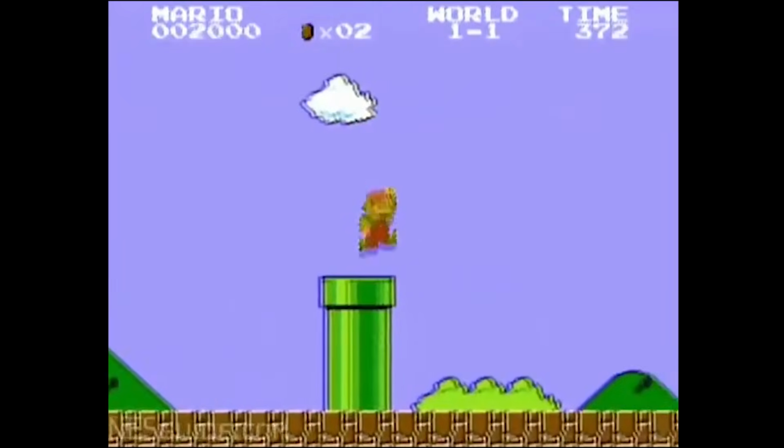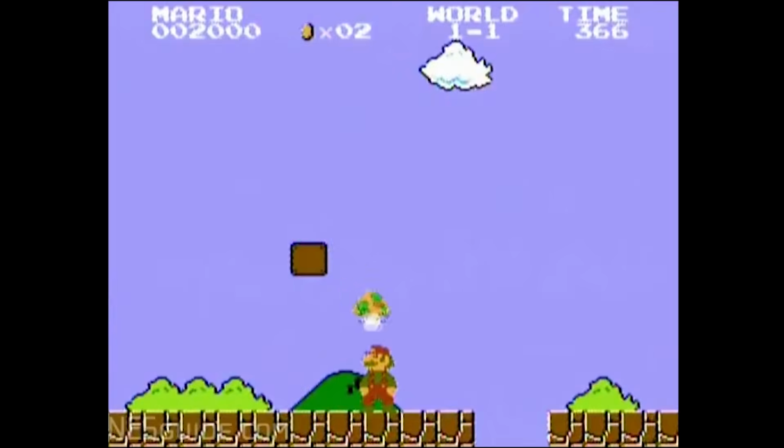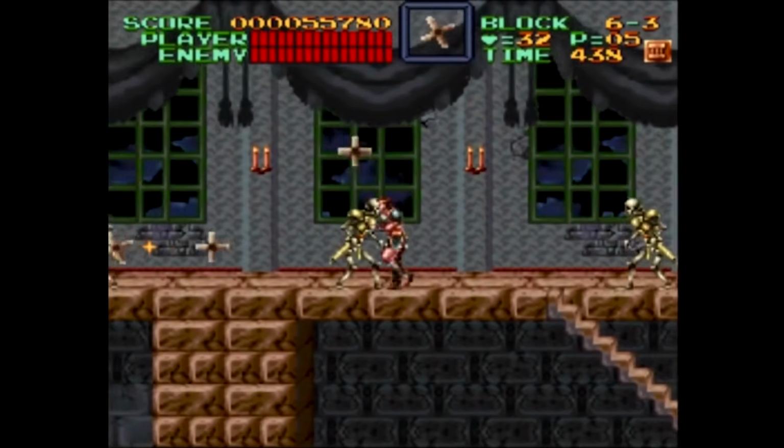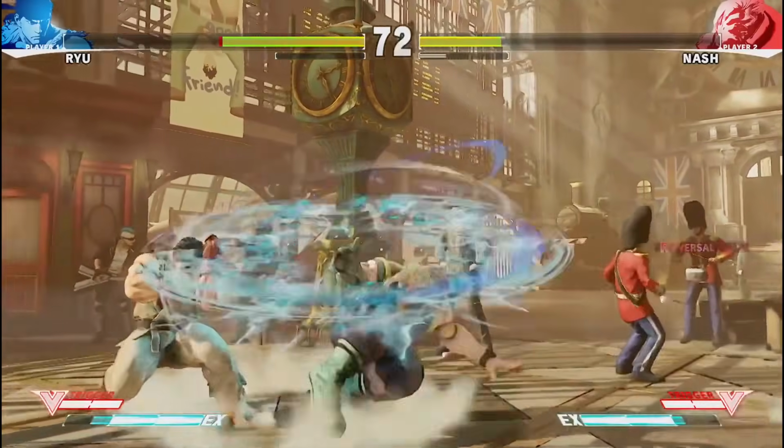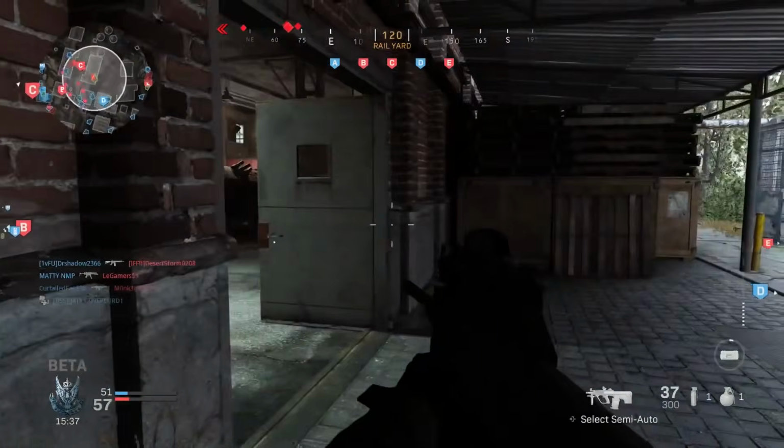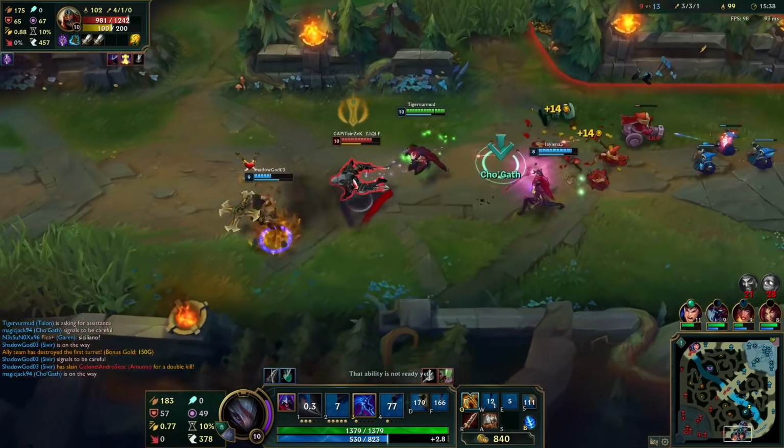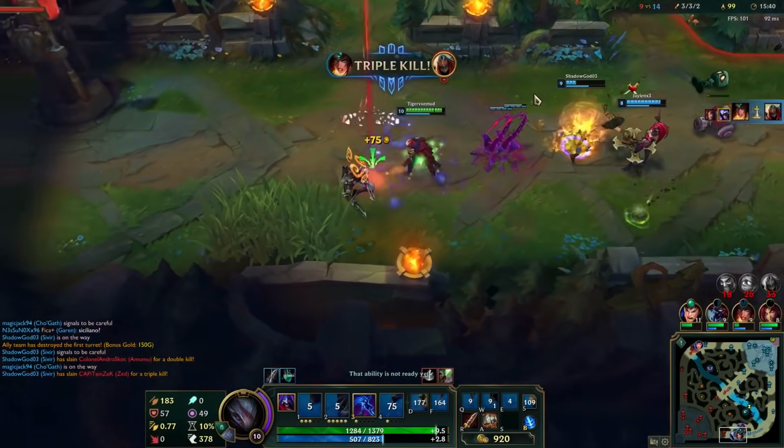Non-diegetic UI will have the game tell you information as quick as possible without care for the narrative or the game world. Elements such as health bars in Street Fighter, minimaps in Call of Duty, the Diablo overlay and the League of Legends overlay are great examples of this, telling you information and getting out of the way.